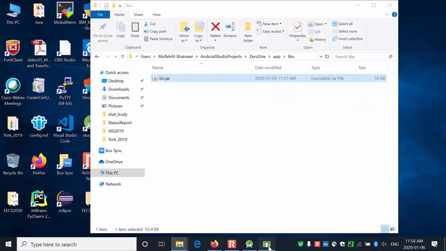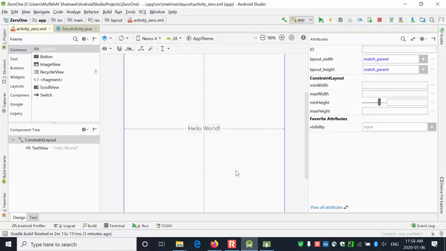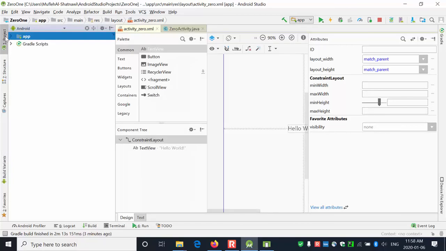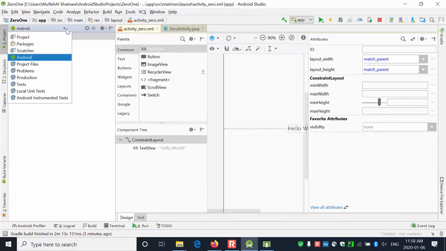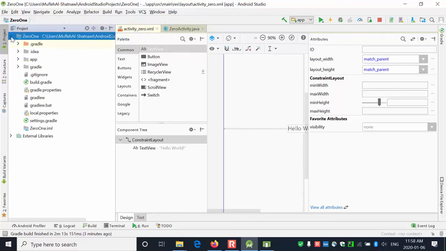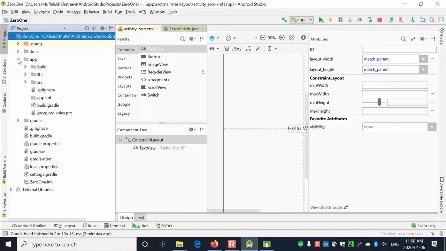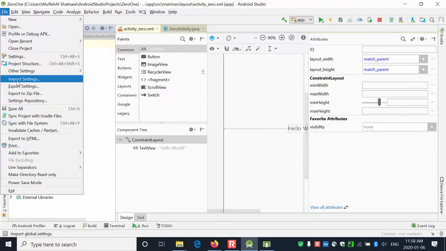Now the next step is to go to Android Studio. In Android Studio, you have the Android project preview here. In the project preview, you will see the folder structures on your hard disk. Inside it, you will see the libraries. Now, you go to the file, go to the settings,